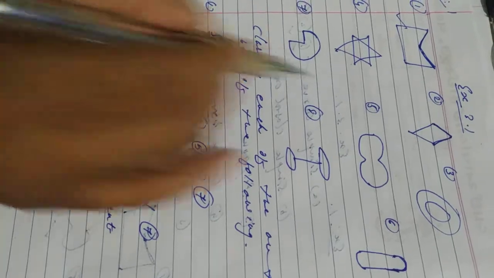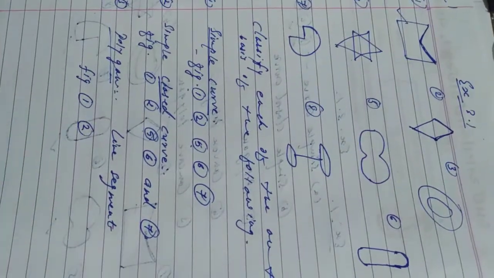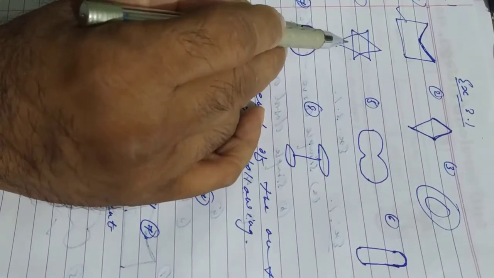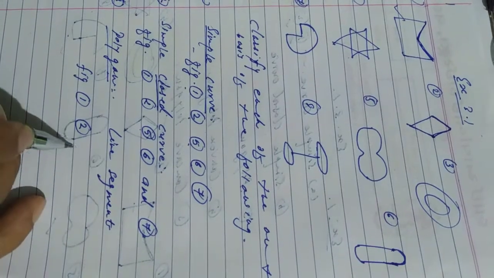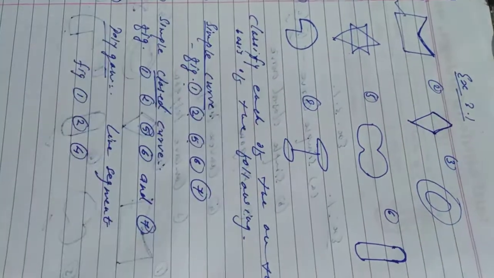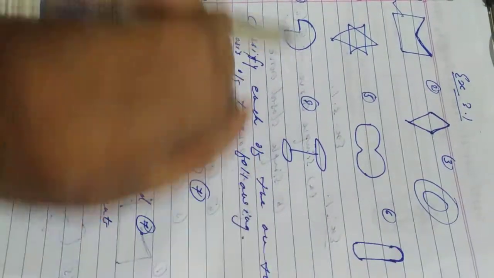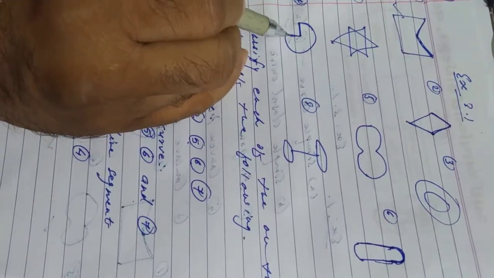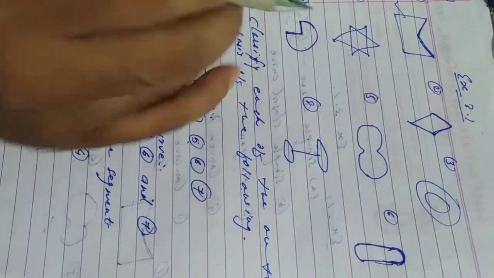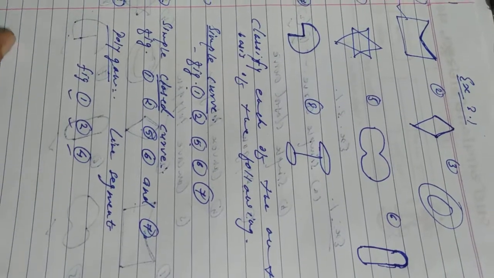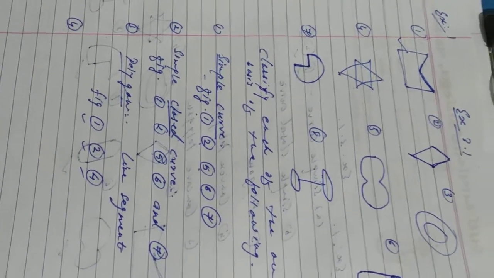See the second, which is also made up of line segments. So figure number 2. Then in figure number 3 we don't have any line segment. In figure number 4 we have line segments. Then in fifth, 6, 7, 8 we don't have, right? See in 6 and 7 we have line segments, but then we also have curves with them. Here there are two line segments, but then we have a curve, so we can't say it is a polygon. So figures number first, second and fourth are classified as polygons.